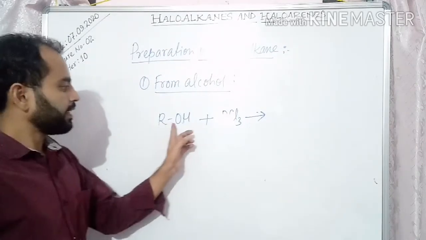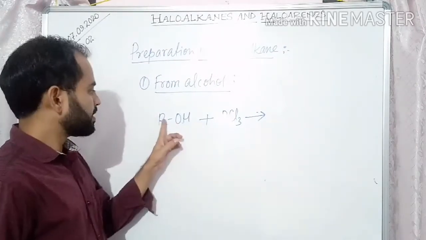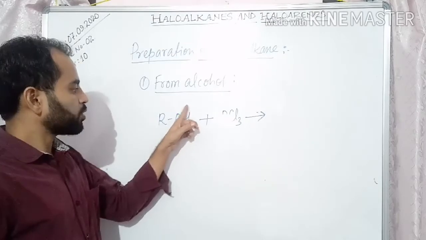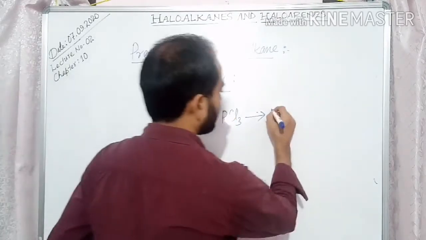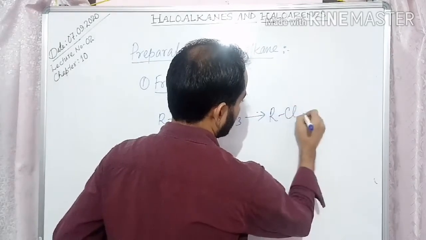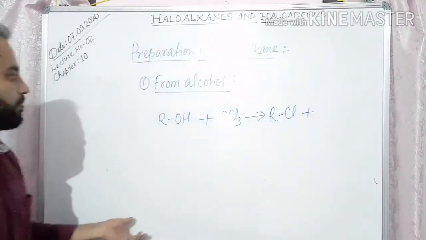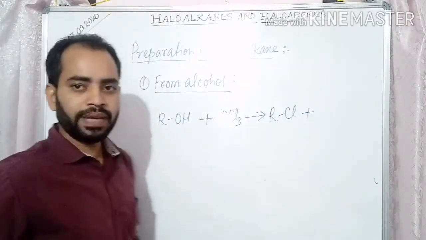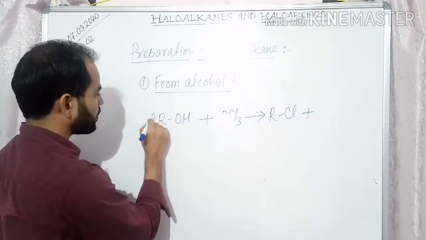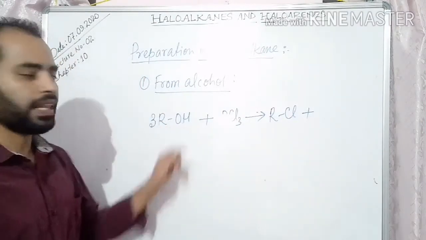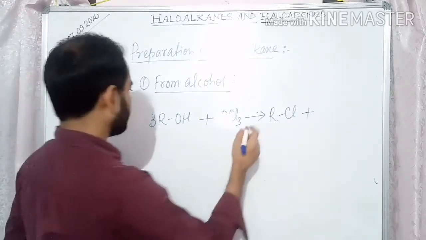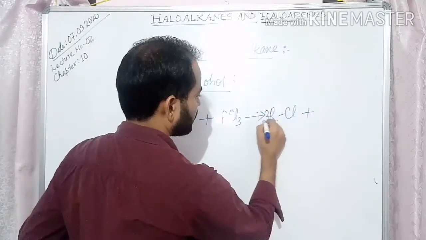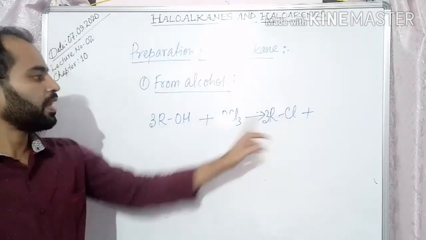So in this case, this R, that is OH replaced by Cl, one Cl from here, so it forms RCl plus, for this we have to balance it. That means we have to take 3 molecules of alcohol. So it will form 3 RCl plus,